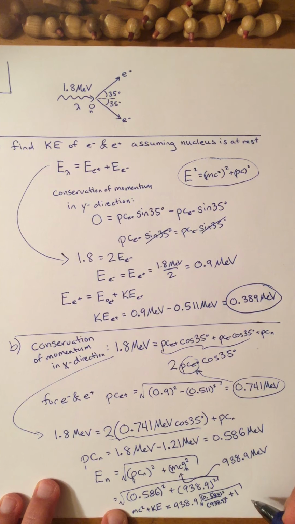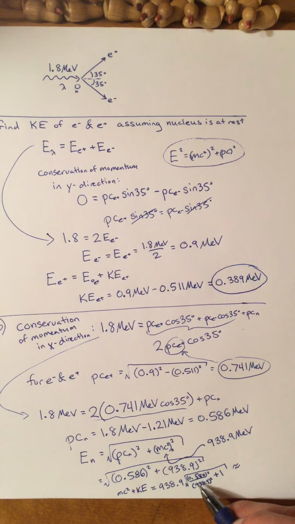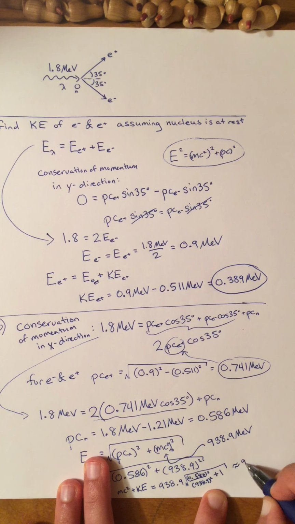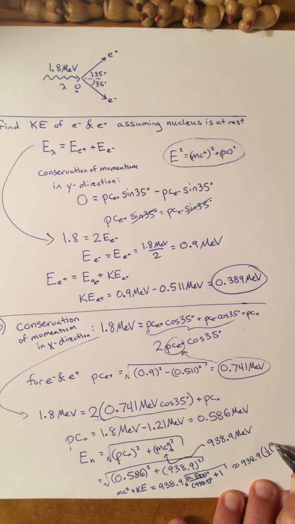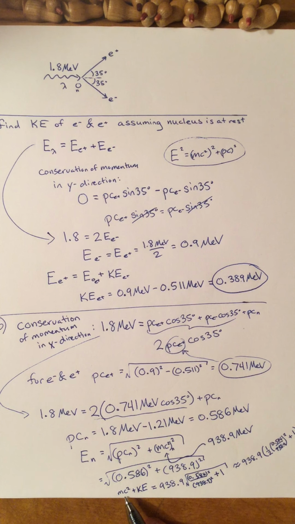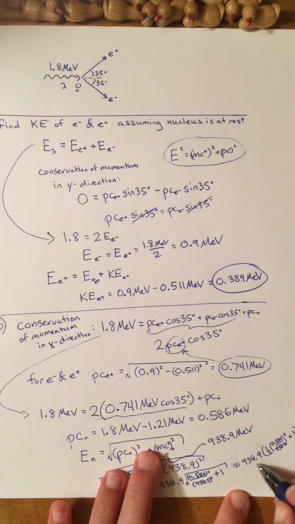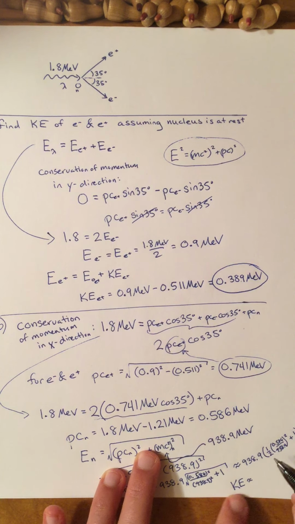If I take this and use my approximation, so this is 1 plus something really small, that's approximately equal to 938.9, and I take the power. Usually this is written the other way around, but it would be 1/2 times the really small thing, which is 0.586 divided by 938.9. This is still squared, plus 1. So this times this gives me the rest energy, and the 938.9 times the 1/2 times this gives me the kinetic energy. So the kinetic energy is approximately equal to